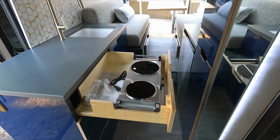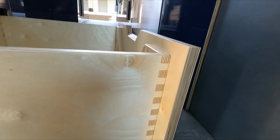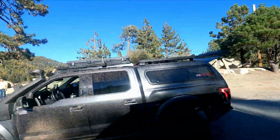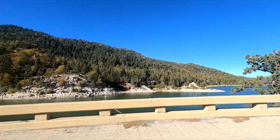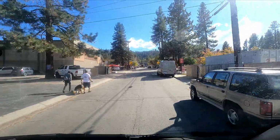On the sharp switchback corners, our drawers with the soft close glides would slide open when they had heavy weight in them. Situations like this are exactly why we wanted to do a shakedown run before handing over the keys. We later installed extra strength magnet latches to aid in holding the drawers closed on those extra windy roads. Problem solved. We made it to the beautiful town of Big Bear, California, taking in the beautiful mountain scenery, and